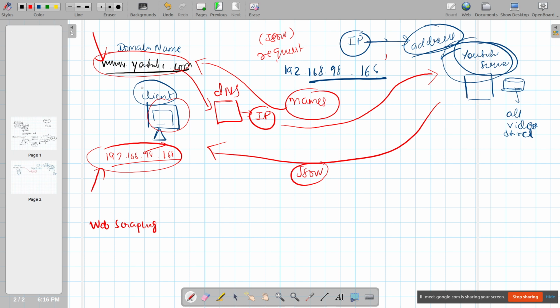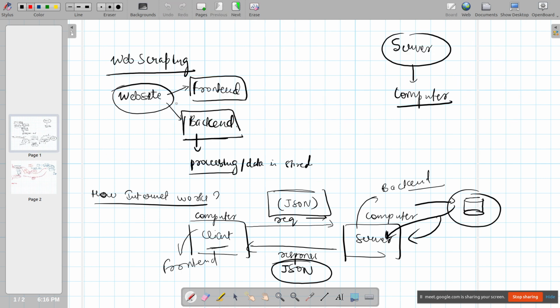To understand web scraping, first of all, you have to understand what is front end and back end. If you understand front end and back end, whatever you can see on the browser, how the data is getting displayed, the representation of the data, maybe animations, some chart, some table, or a navigation bar, all those things, what color is there, what image is there, what font is there, all the representation.